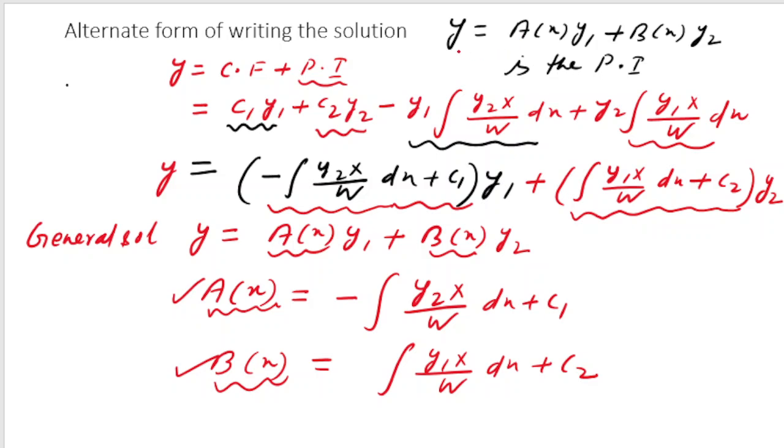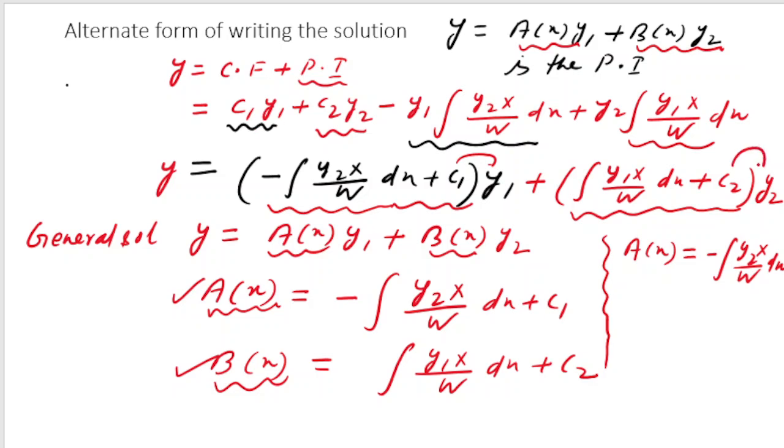But in case the particular integral is written like ax y1 plus bx y2, then what will be ax? In that case ax will remain the same. Only thing is that I will write minus y2x by w dx. I will not add the constant of integration, because you can clearly see that when I add the constant of integration, that is basically giving me the complementary function part. See, this c1 y1 is the first term of the complementary function, and this c2 y2 is the second term